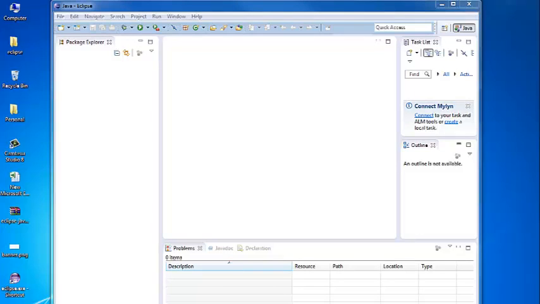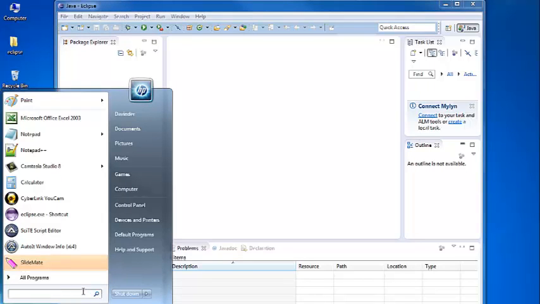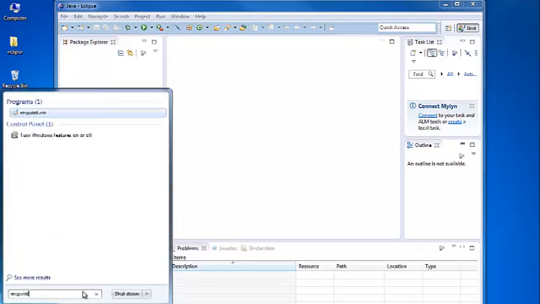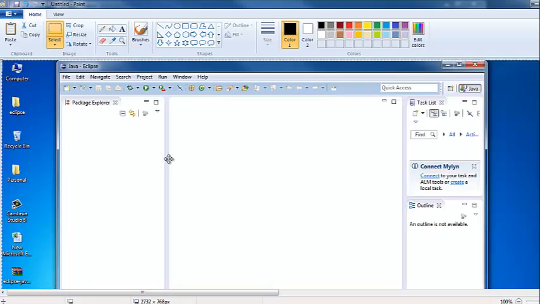Now as we close the welcome screen, we see that this is the main development environment. If we have a closer look at the Eclipse IDE, we'll see that there are a number of menu options, which is quite a common thing.